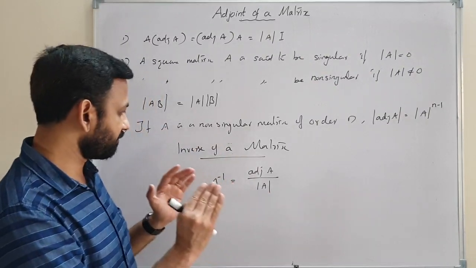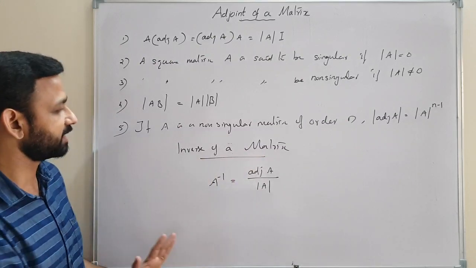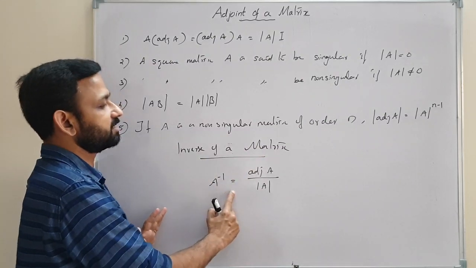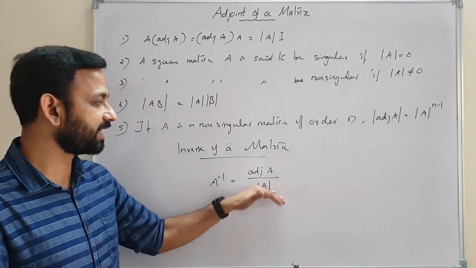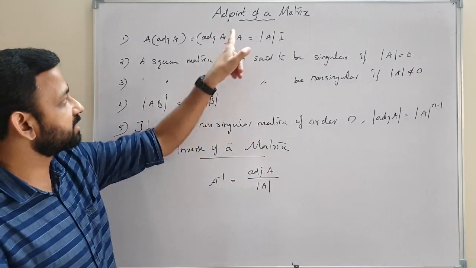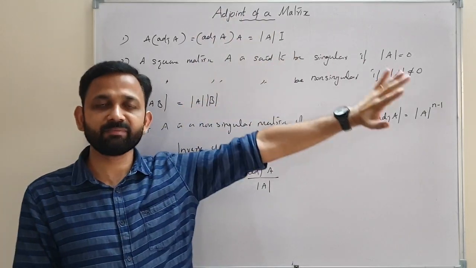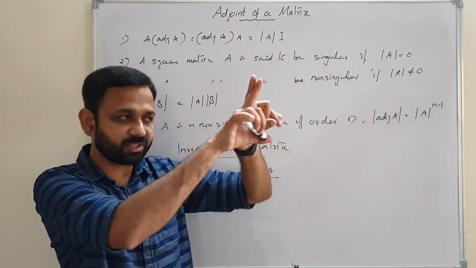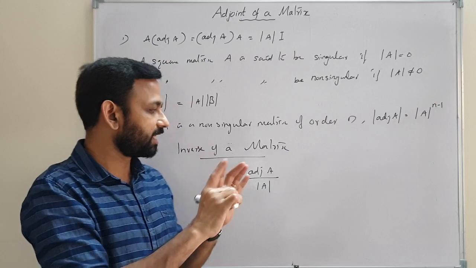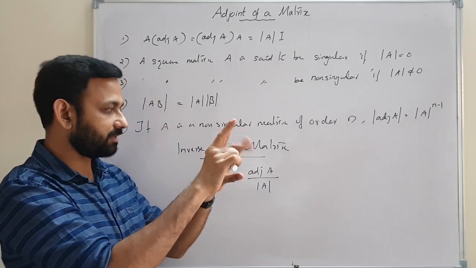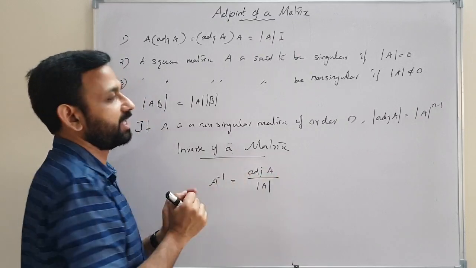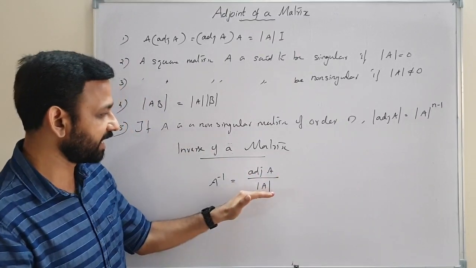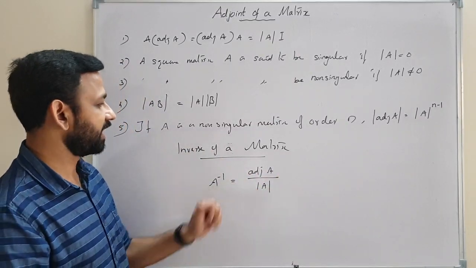So when we find the inverse of a matrix by using determinant, the formula is A inverse is equal to adjoint A divided by determinant A. So we have to find adjoint A. Adjoint A is the transpose of the cofactor matrix. We will find all the cofactors first, then we will find the corresponding matrix, then its transpose, that is adjoint A. Then that matrix divided by determinant A, that is A inverse.